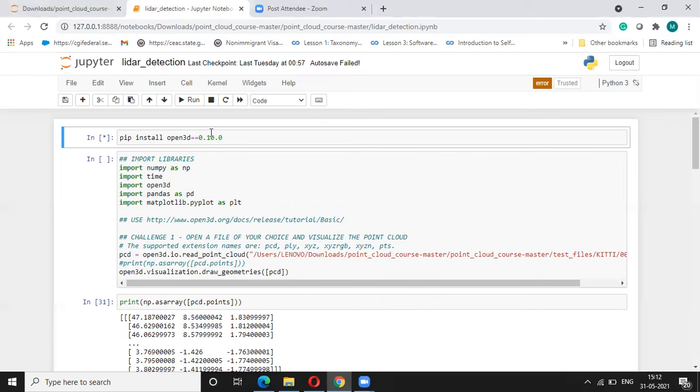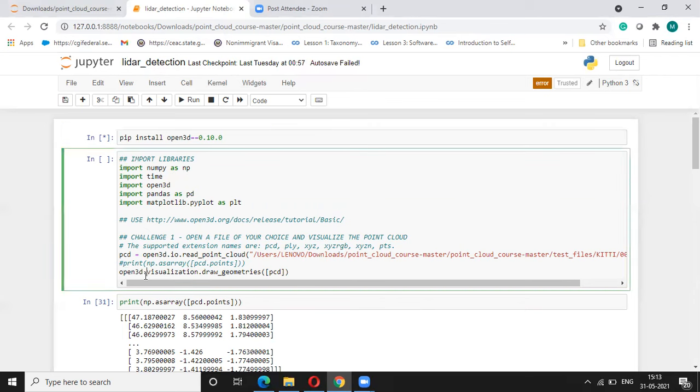Once we are done with that, we can go further and read that point cloud using this command, open3d.io.read_point_cloud, and then we need to provide the path to our file. The object will be generated and stored in this pcd variable, and that's something we can use in the next step, at this line, for visualization purposes. open3d.visualization.draw_geometries, and then we provide this thing over there. So we can do this visualization.